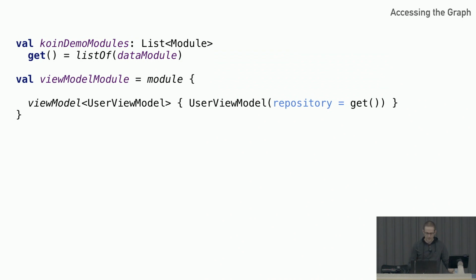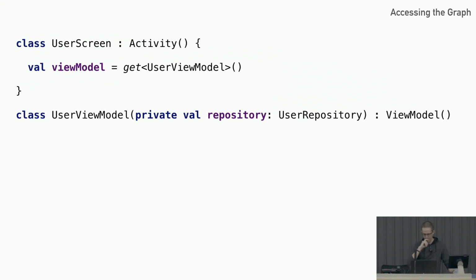And this is, again, Android specific, but the logic behind it is not. This behaves similar to a singleton in that anytime you call ViewModel, it's going to give you the same reference, but that reference is in a different scope than a singleton, and it's a different scope than a factory. And well, let's add it to our module, and then we'll look at the screen and see what that means exactly.